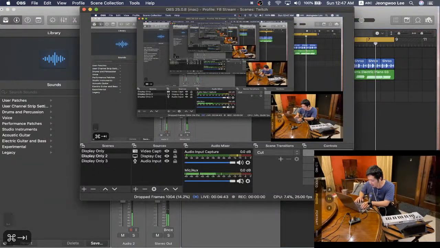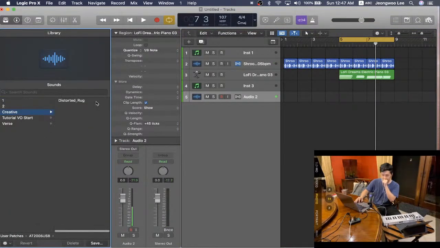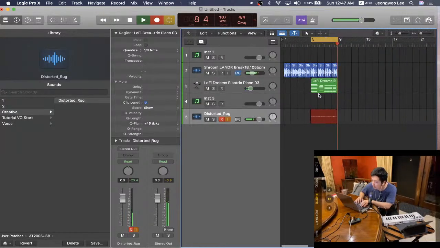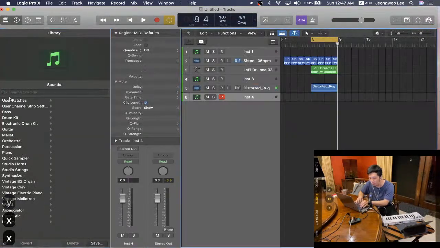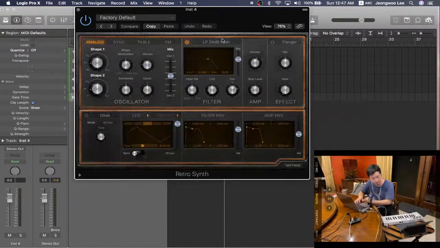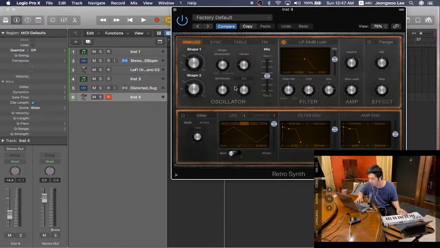So the next thing I want to do is add a vocal ID. So we have a quick idea, and now what we want to do is pull up a bass. So I'm going to bring up the retro synth, right? And it sounds kind of bad. So first things first, we're gonna change the oscillators into squares and kind of detune it a